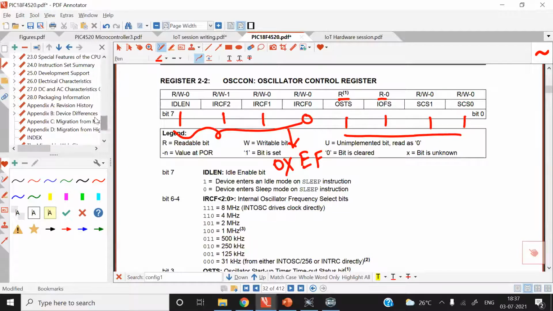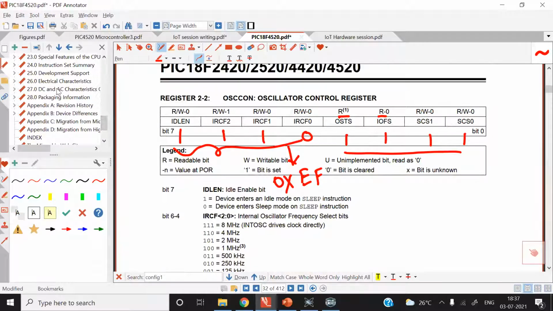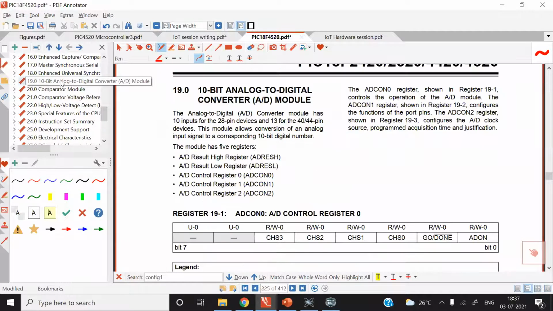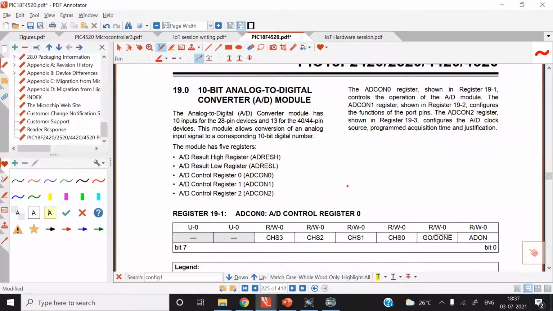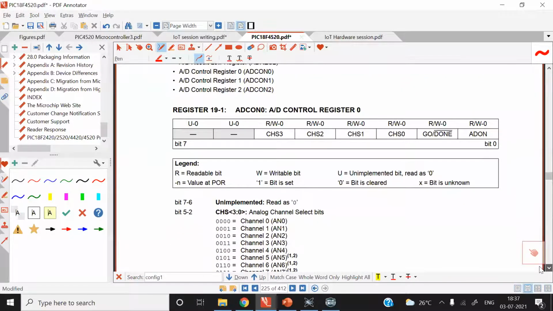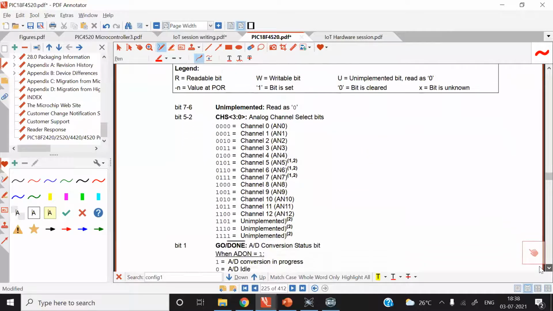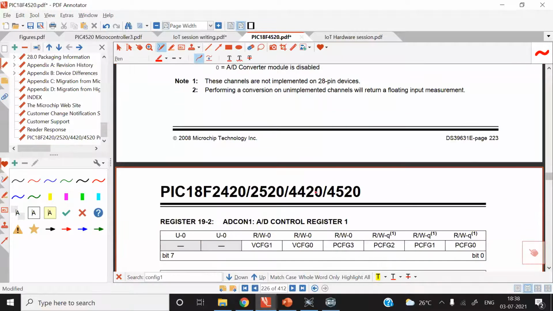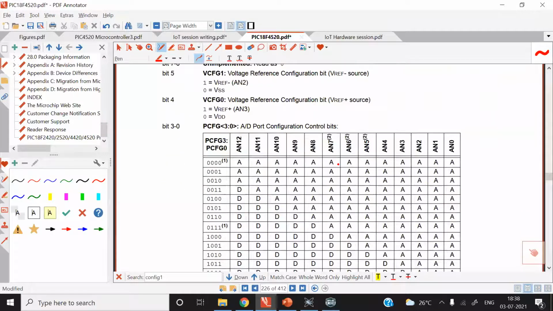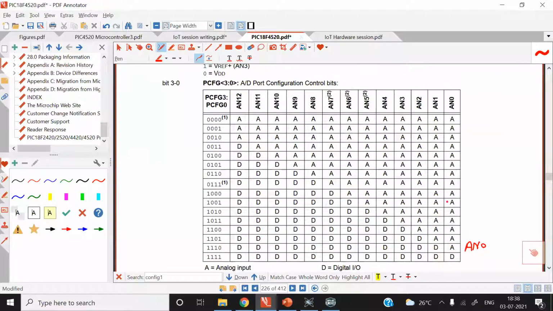ADC I am going to discuss in detail maybe tomorrow. But there is one register associated with port B, and this register is ADCON1. In the ADCON1 register, there are the last 4 bits. With the help of these 4 bits, we can control the analog or digital functionality of the port pins.